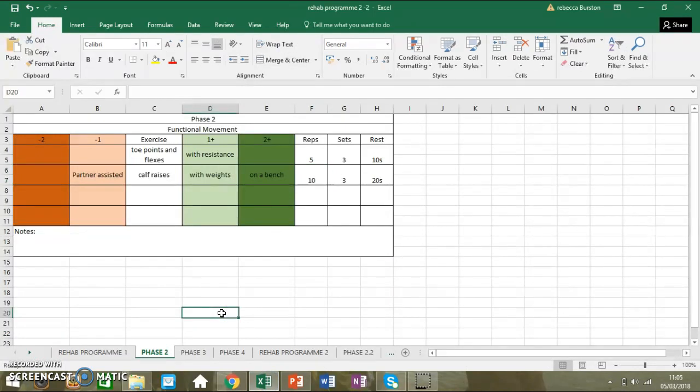Oh, and for this exercise, they'll be doing 5 reps of 3 sets, and they'll have 10 seconds rest in